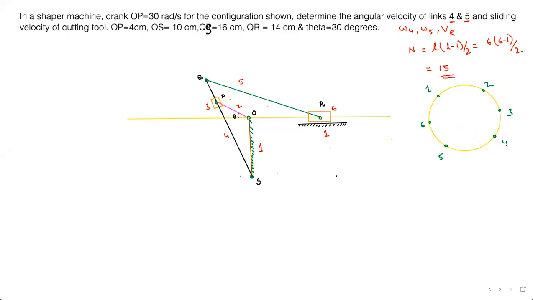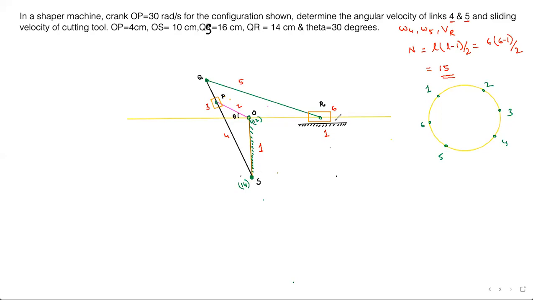Now, whatever we have, let's check which I centers we have. So there are some fixed I centers which belong to the fixed portion. So here at S I have I 1 4, because 1 and 4 are connected. I'm just going to write 1 4 here. And 1 and 2 are connected at this point, so I will write I 1 2 here with a very small label.